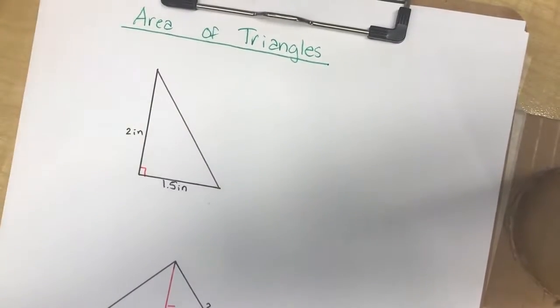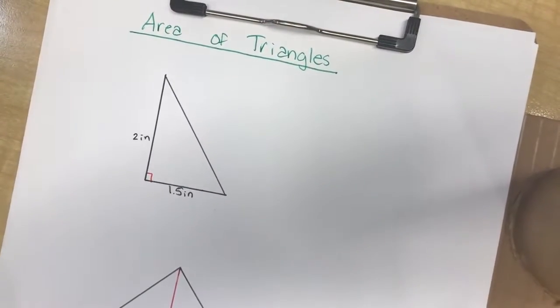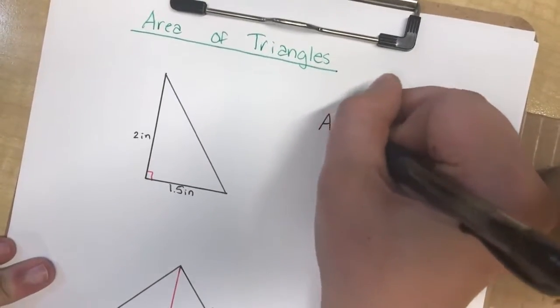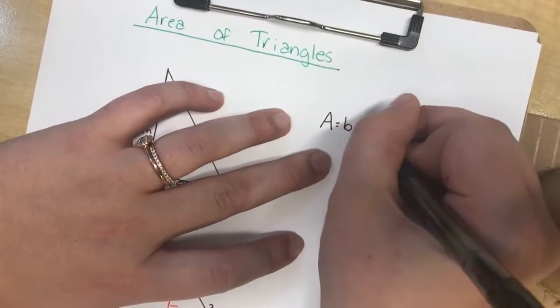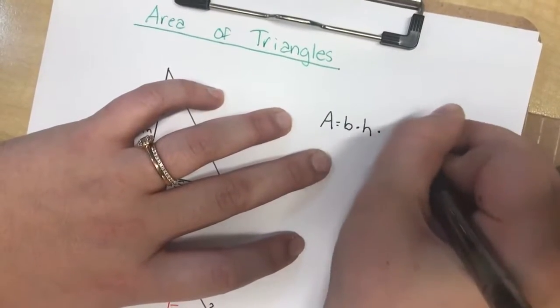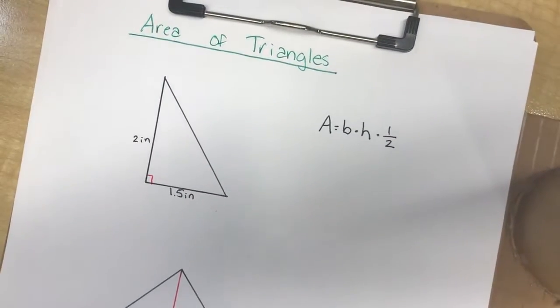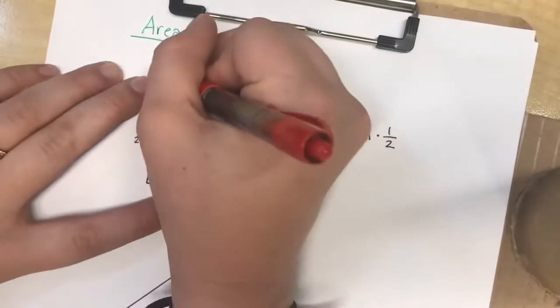This video is going to go over area of triangles. So again, just like area of rectangles or trapezoids, we need to start with a formula. So the formula for area of a triangle is, again, base times height times 1/2. And why it's base times height times 1/2 is because if we take this triangle